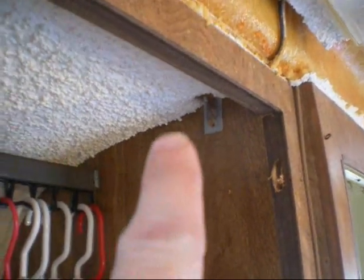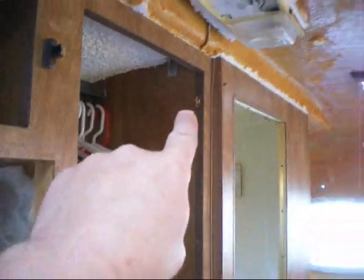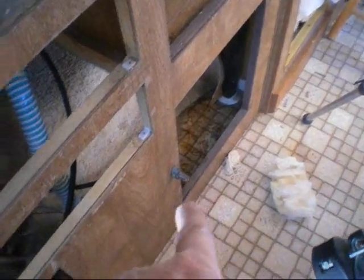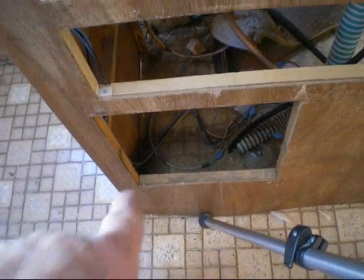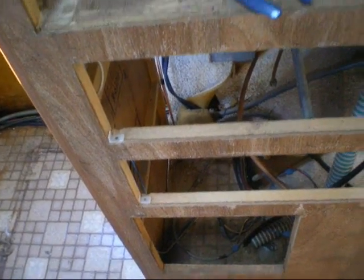Again, just a bracket up top there. In this drawer, a bracket there. And just along the edge here of the door, this is the closet door, there was 1, 2, 3, 4 screws. And again, down below on the inside along the floor, there's screws. Again, that wood will all be rotten, so I'll just go at that with the crowbar. And again, down on here on this edge in here. And I'll wiggle, once I get those done, I'll wiggle a little bit and see if anything else is...